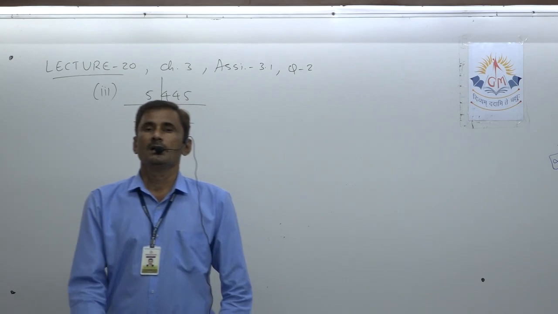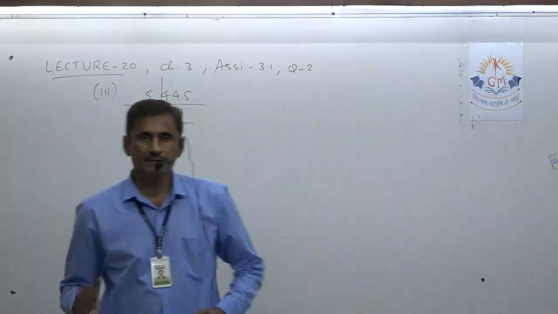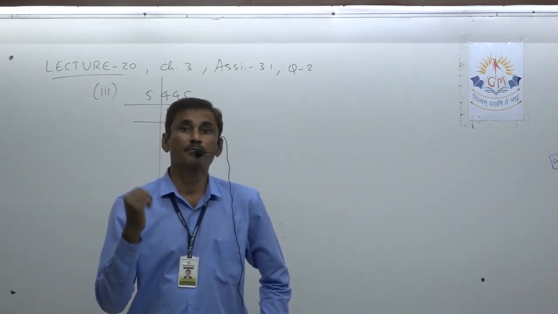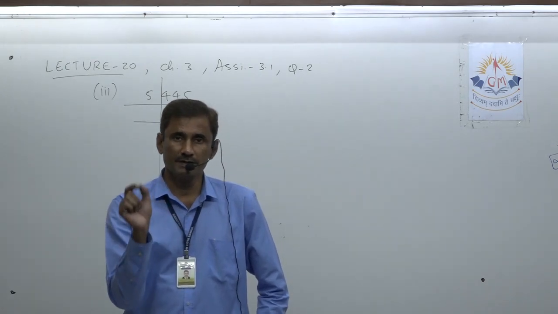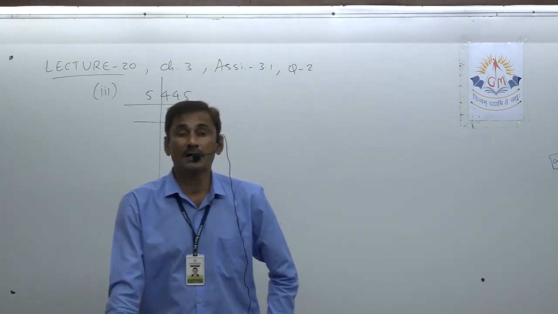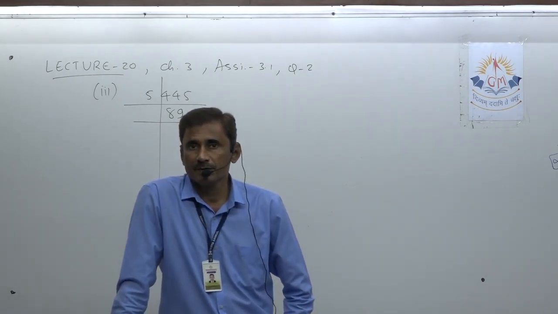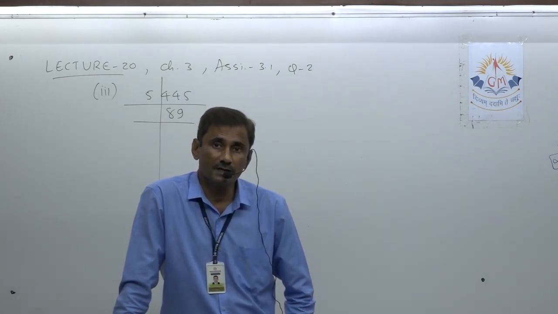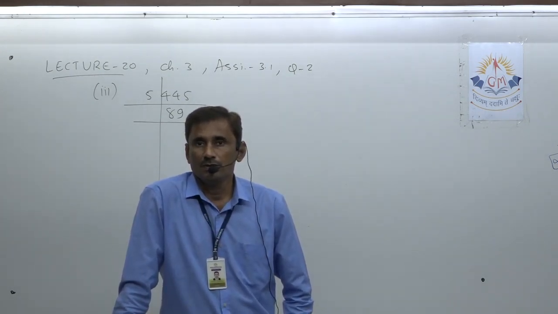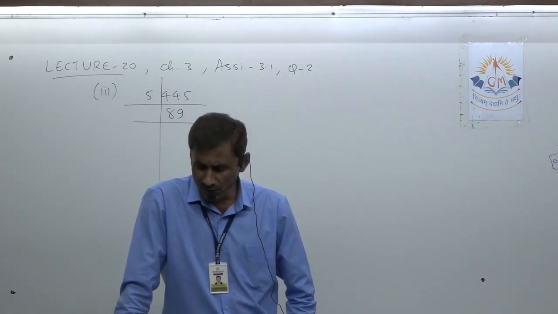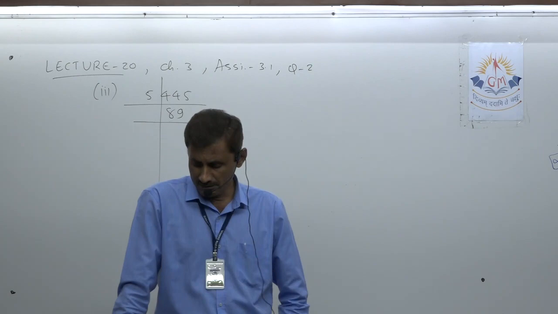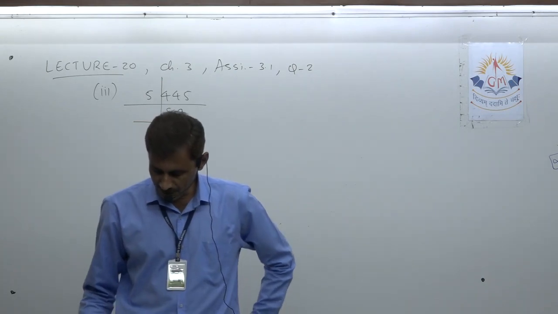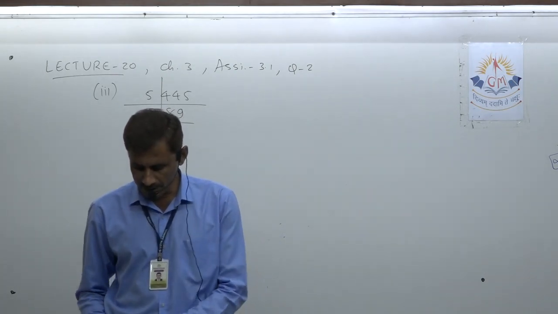And the zeros at the end should be in pairs. If a single 0, 3 zeros or 5 zeros are there, then it cannot be a perfect square number. And we can predict the unit digit of a square also. So these are basic properties we already discussed in the previous lecture, and you can revise them because they are given together on page number 49, properties of squares.